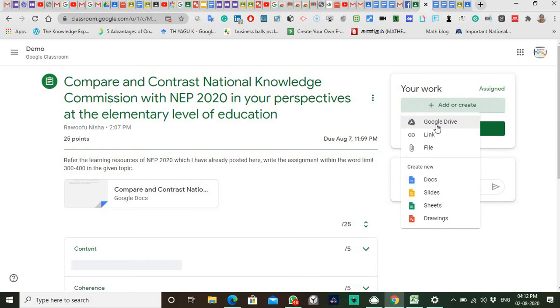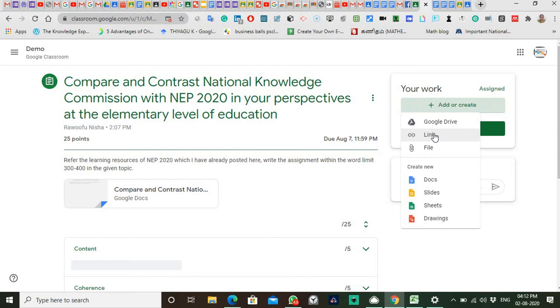Whether I have written the assignment on my own in a Word document or PowerPoint, after that I have to share it here as an attachment link file, or I upload the local document to the Drive cloud and then share it from the cloud here.